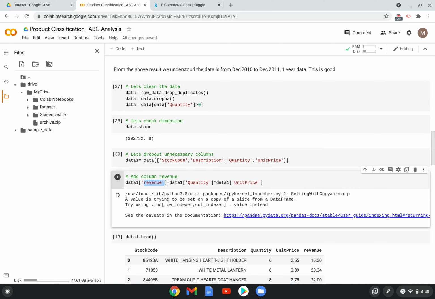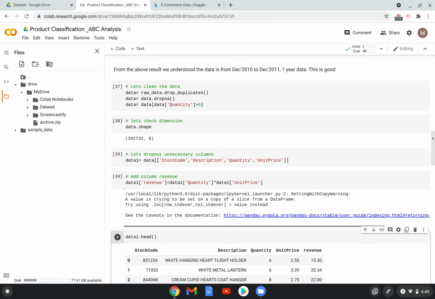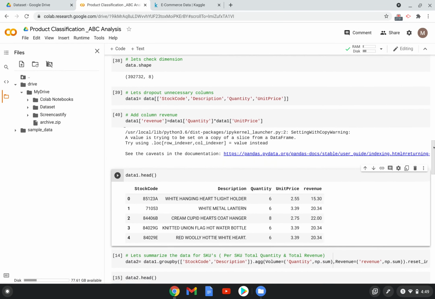In this case, Revenue is a new column, so in single inverted commas the new column name. Then data one, inside the square brackets, quantity, and the same way unit price. If you multiply these two columns, we will get the revenue. So let's execute this. The revenue column got added.